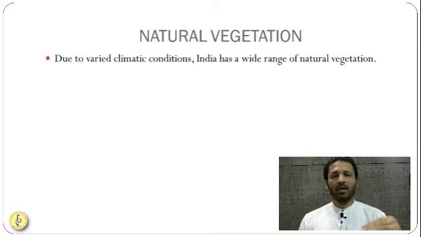And as you come down to Kerala and the southern part of Tamil Nadu, you will get lots of evergreen forest, specifically in Kerala. In the northeast also you will get a huge amount of rainforest. You will see evergreen forest over there. Okay, so in this way, natural vegetation changes according to the climate condition in that particular region.